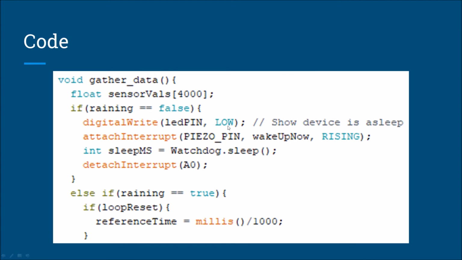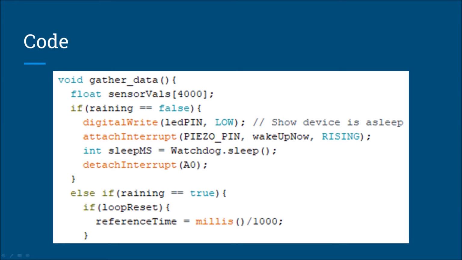It doesn't work 100% right now. It does have some bugs, but essentially we want it to detect when it's not raining. Then raining will be false, so it will go into this statement. It will attach an interrupt on the sensor pin. It will go to sleep, and then when that sensor pin interrupt gets triggered, it will wake up, and raining will be set back to true, and it'll go into this else if statement,